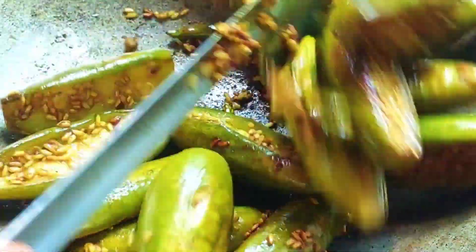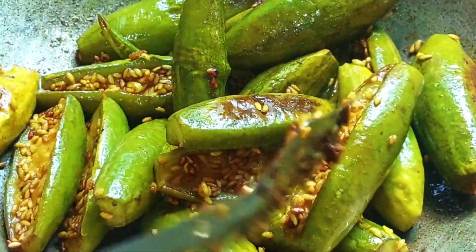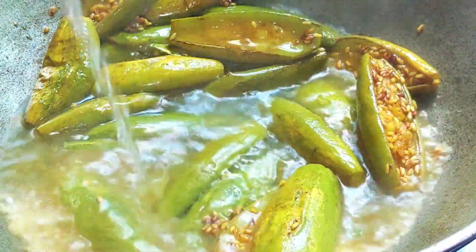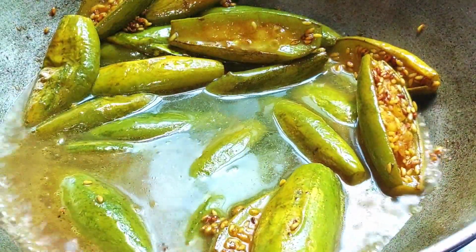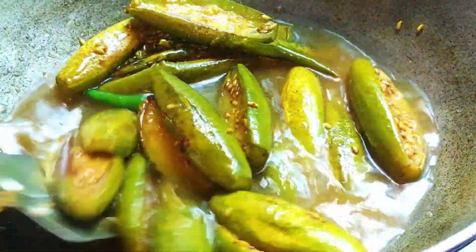10 minutes later, open the lid and let's check. The veggies are 80% cooked. Look at those short grains, they look glassy and have released all their sweet aroma. Now add in the required amount of water so that the vegetables get just immersed in it. Nicely mix it